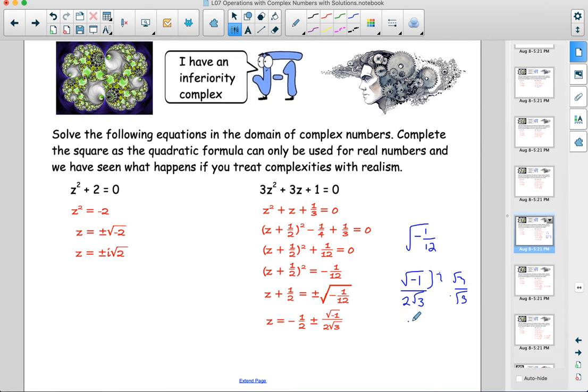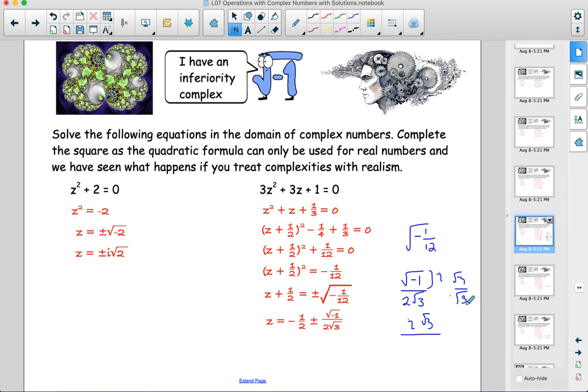So now I'm going to have i root 3, eventually getting to 2 times 3, which would be 6. So moving forward, that's what's happening on that next slide. So I've cleaned it up. Again, I'm just going to back you up here to show you. We do associate the negative with that numerator because I want to replace this with i. I'm now going to have to rationalize the denominator, so I'm going to have to multiply by root 3 over root 3. I'm going to have i root 3